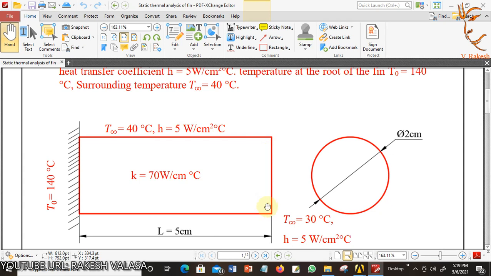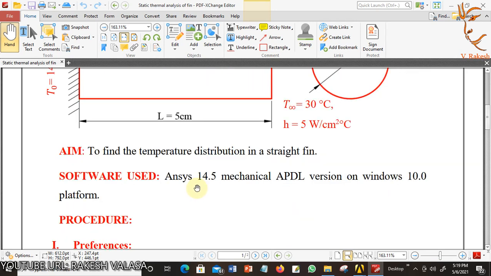The other end circular fin temperature is 30 degrees centigrade. Heat transfer coefficient is 5 watt per centimeter square degree centigrade. Thermal conductivity of the circular pin is 70 watt per centimeter degree centigrade. The aim of the experiment is to find the temperature distribution in a straight pin.